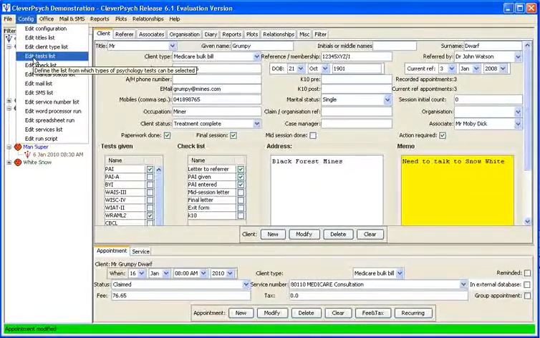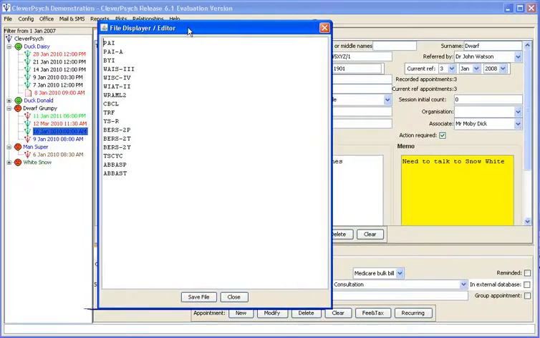There you can edit the list of tests, which is just a simple little text file that you can edit to your heart's content, and add whatever test you have. Of course, it doesn't make much sense to delete a test if you've actually used it in the database, but then you can save it and